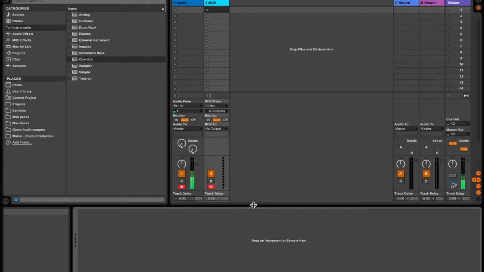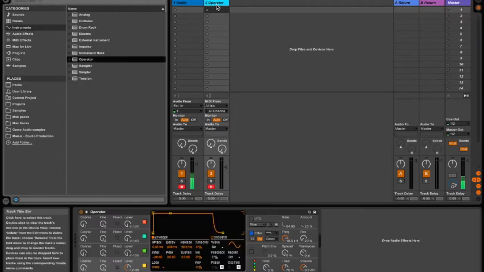Okay, so what we're going to look at in this video is subtractive synthesis, and for this we're going to use Operator. So we'll grab an Operator and drag it in. Now with subtractive synthesis, there's really two main components to it. First one is a rich harmonic waveform, and the second component is a filter. And so essentially what we do is we use the filter to subtract frequencies from the rich harmonic waveform, and